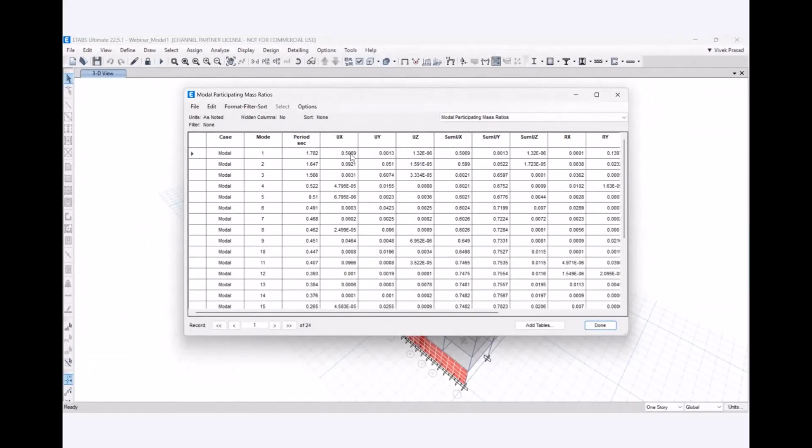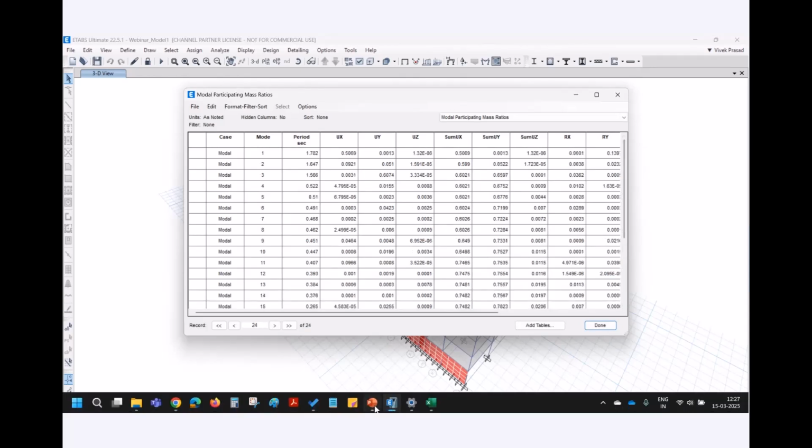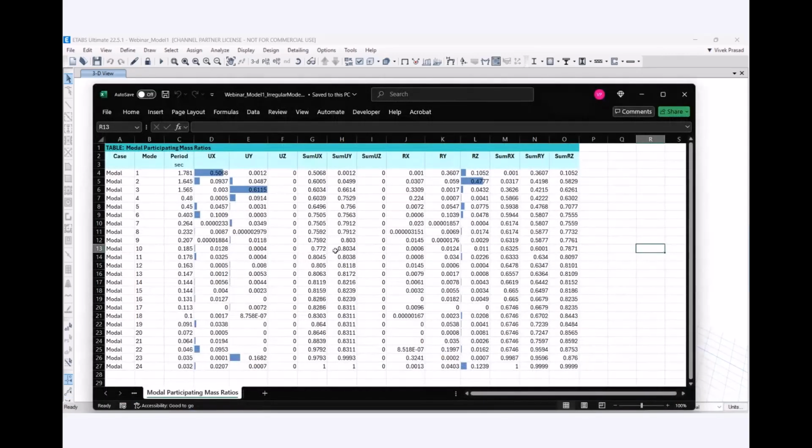So you need to identify the mass participating ratios from each mode and direction so that you can do a summation. The program gives a simple output where it sums up the cumulative values of the mass ratios here, which we typically do for any structure as a basic check. Here you can see 98%, 99% in the X and Y direction, which is good enough. But for these specific irregularities, you need to check. You can take it to Excel, and you can also use some conditional formatting